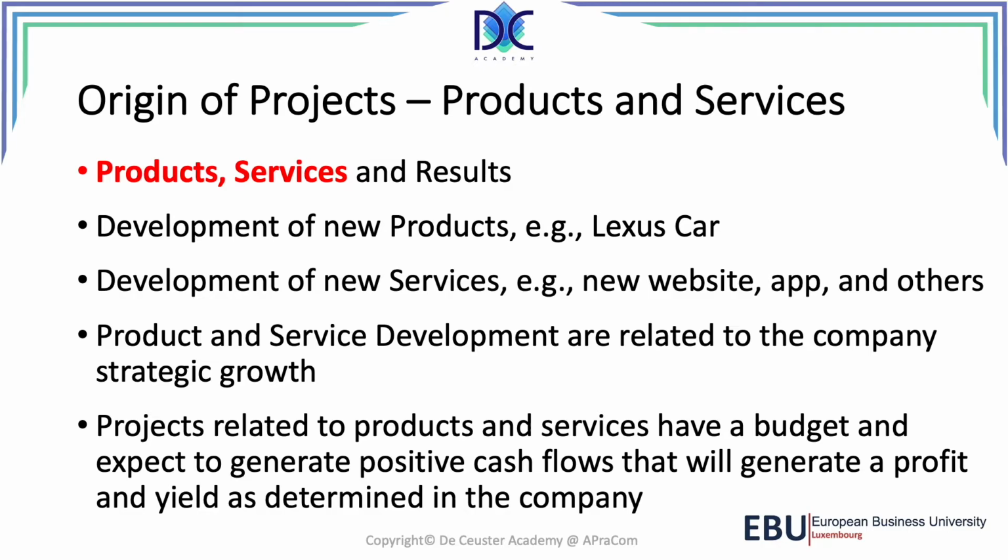They all have a budget, and what we expect, what we hope, is that the project, once it's completed, will generate positive cash flows, and basically that it will generate a profit and a yield as determined in the company. Now, for a profit, it's quite simple. A profit means that we have to have a value larger than zero. We will express that later, for example, with the parameter of net present value, but I will discuss that later